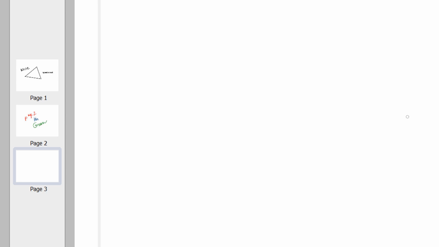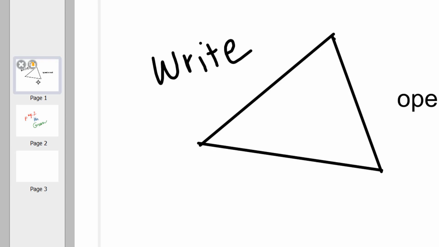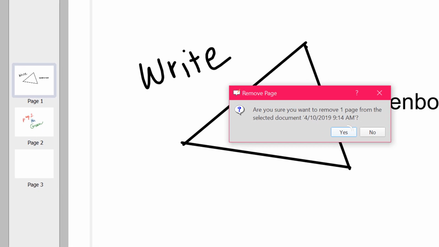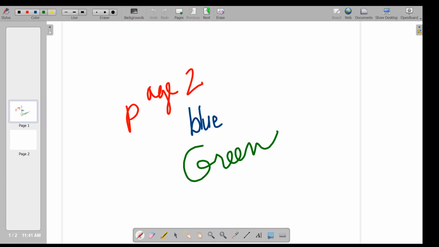If I accidentally delete a page, so let's say I accidentally hit the X for this page, I want it, but if I tap it and hit the X and say remove it, I can't undo that move, and I can't do Control Z or Command Z to make that page come back. If I want to make that page come back, I have to go into Documents,